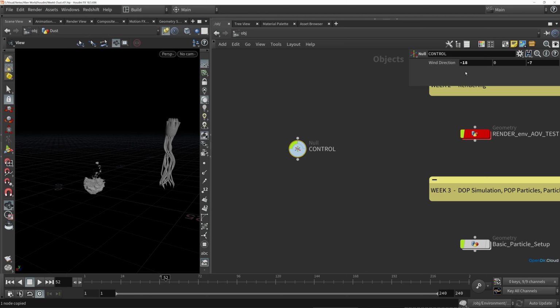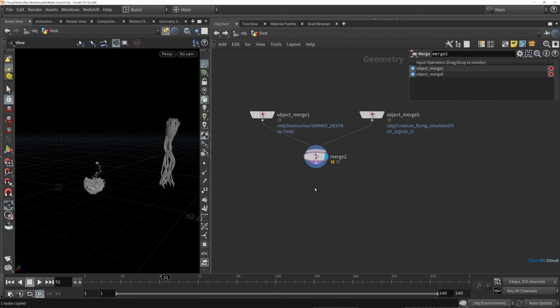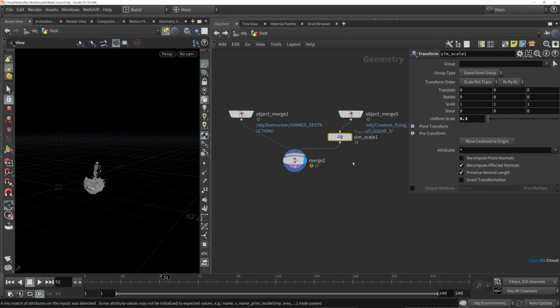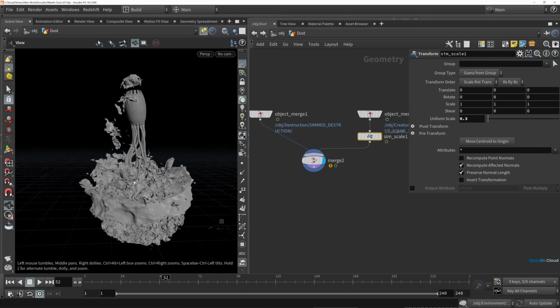We're currently only using that for some unified wind direction, but you can certainly add some things like simulation scales or whatever other global settings you might want to put there. But for now, I'm just going to stick with these transform nodes that are putting things into the correct scale for a simulation. So let's drop that on the imported creature,